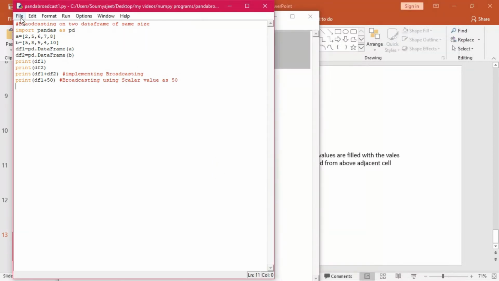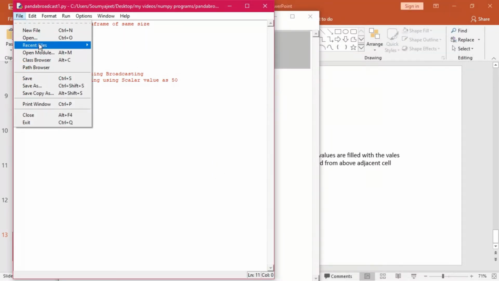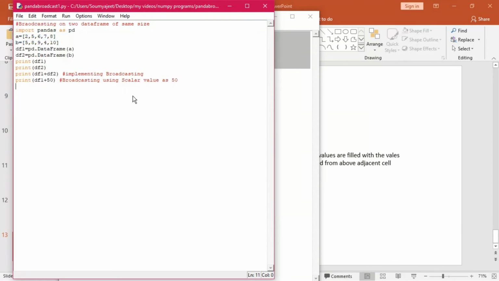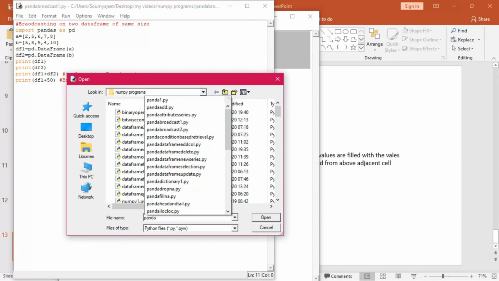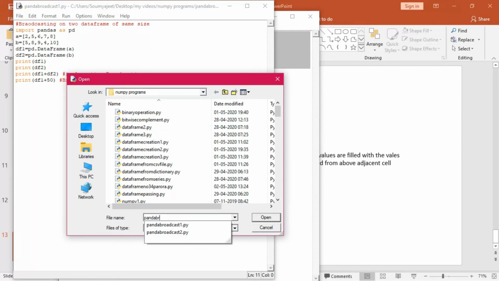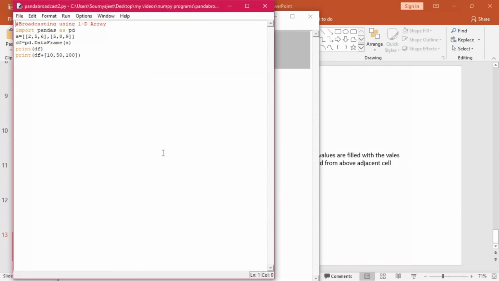Now another kind of broadcasting is also possible, but this time we will do it with a single 1D array. Now see broadcast 2, this one. Now you see out here, I'll execute this program.